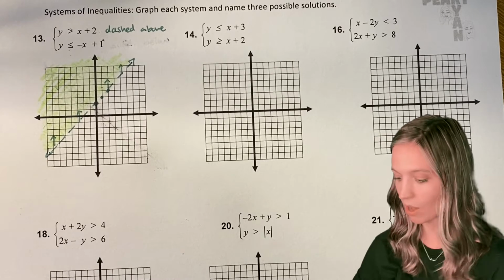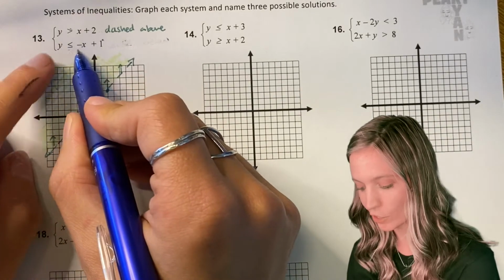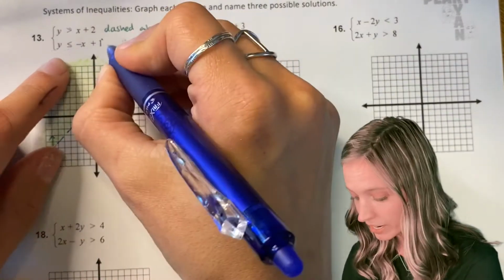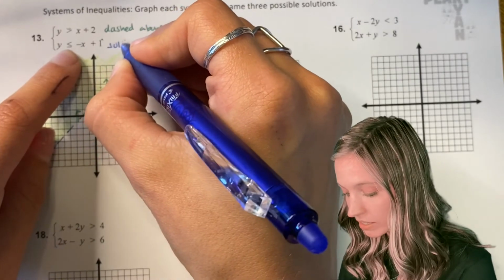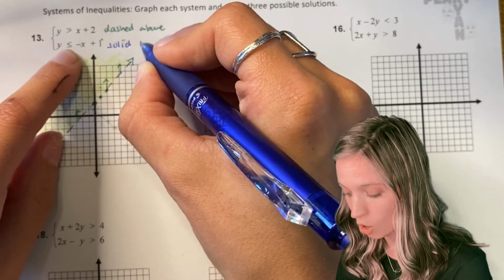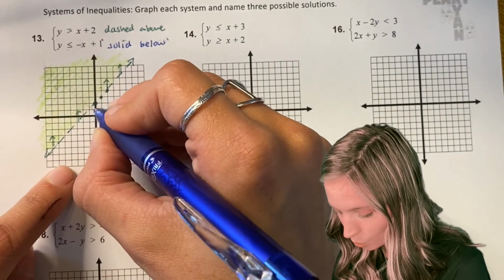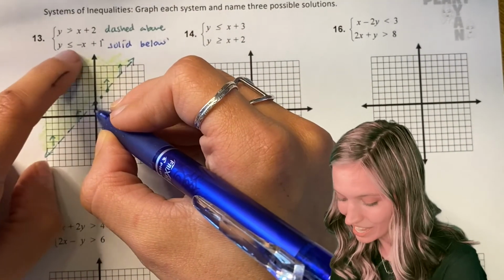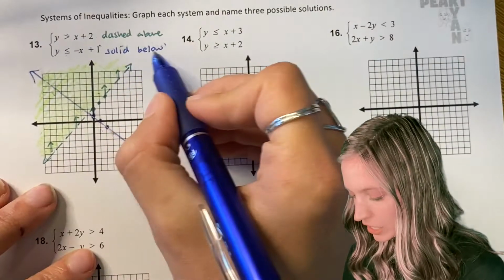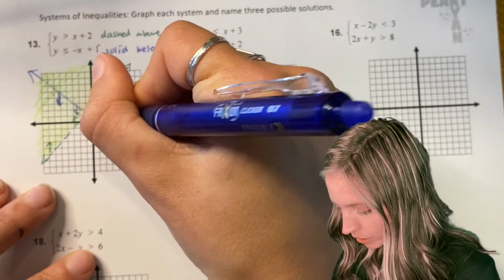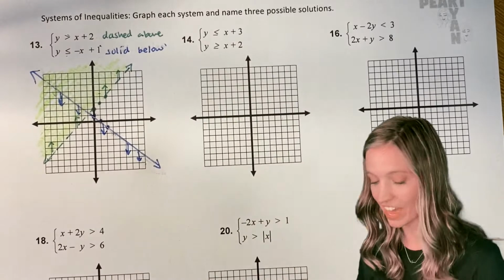Different color pen now. I am going to graph y is less than or equal to negative x plus 1. So less than or equal to, that's gonna be a solid line, and I'm gonna end up shading below because it's less than or equal to. So my y-intercept is 0, 1. I have a negative slope, a negative 1 over 1. This one's being shaded below, so I could draw down arrows coming off of that graph, and then with a